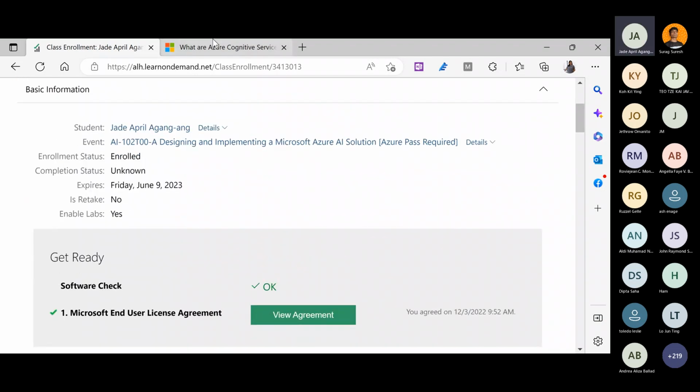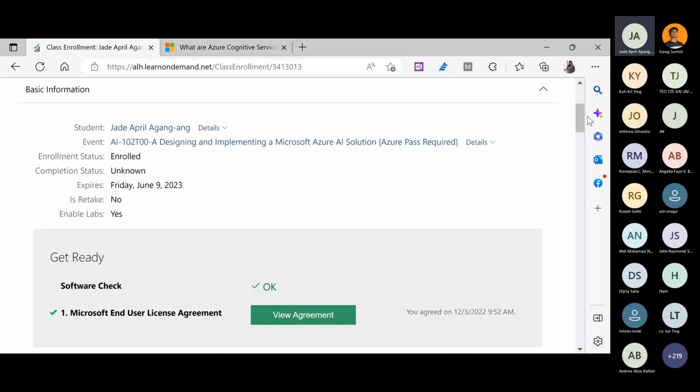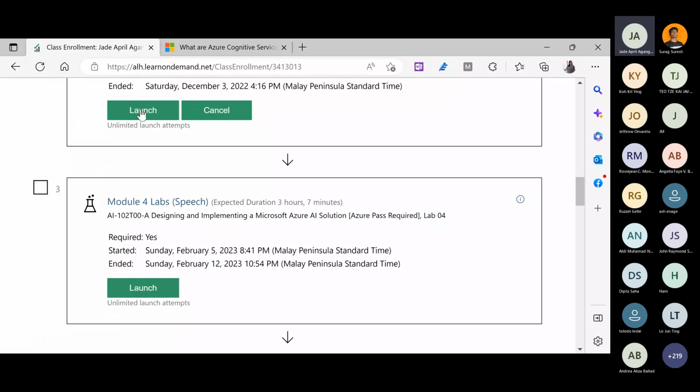If we launch it, I will launch one and then I will show you later how it looks. Since we're here, okay, that's it. This is the environment when you have Skillable.